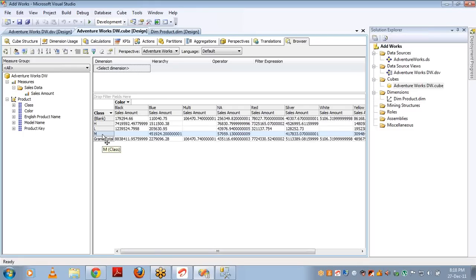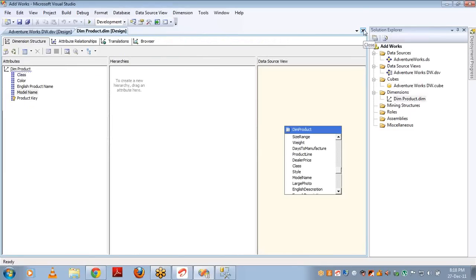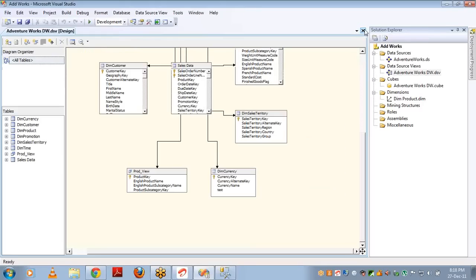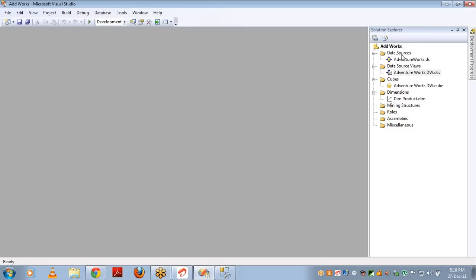Okay, and now let's see how to have different data sources, different data source views, different dimensions and different cubes. As we discussed, that one will give you a clear picture about your database level dimensions and cube level dimensions. Now I created only one data source view, which has connection to my